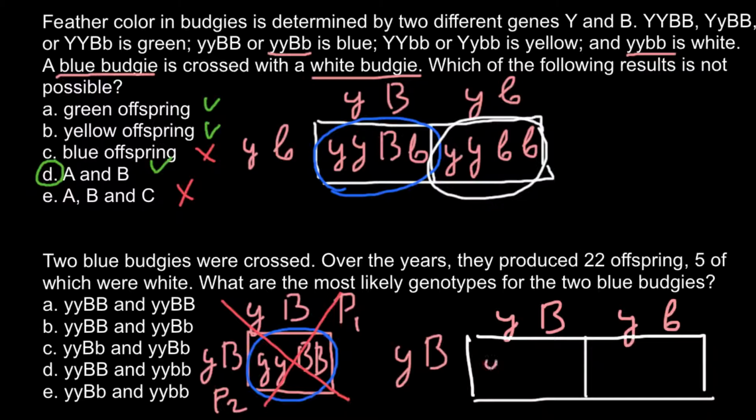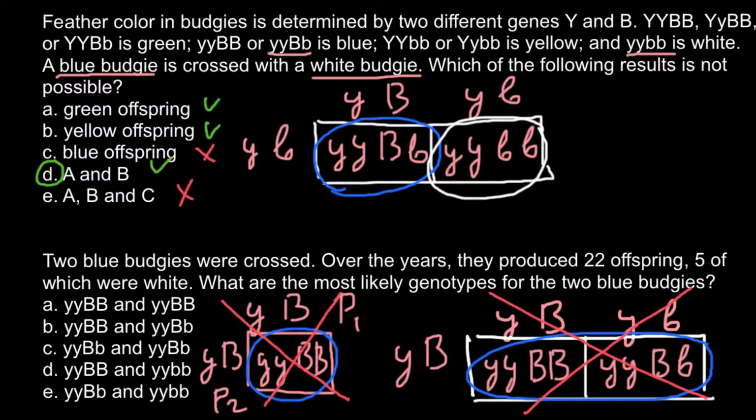So here we would have small y, and capital B, small y, and capital B and small b. And that means that if parent 1 would be of this genotype and parent 2 would be of this genotype, 100% of the progeny also would have blue feathers. So both these genotypes would produce blue feathers in the progeny. But in our problem we are told that over the years they produced 22 offspring, 5 of which were white. So white made 25%. So we can say that this cross of the parent 1 and parent 2 wouldn't meet